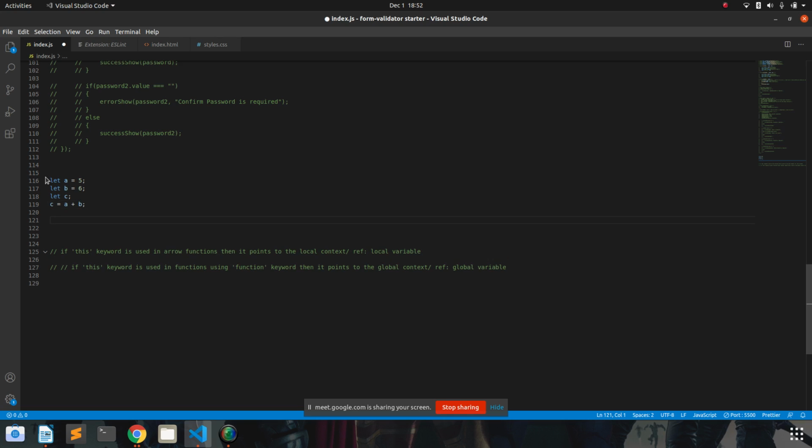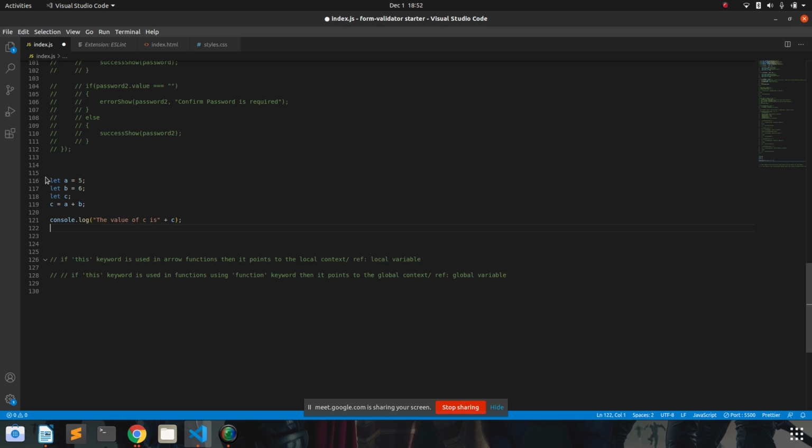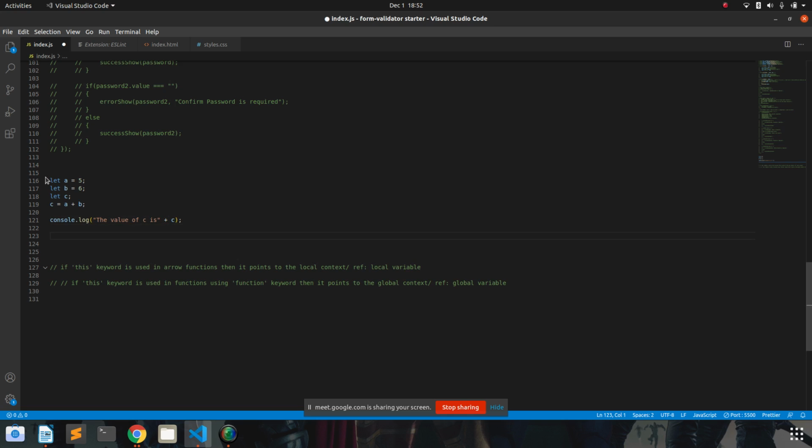Now you want to print the value of C. One method is to write it like this. If you want to print a message also, the value of C is plus C. One way is this, and another way, if you want to mention the value in the strings itself,